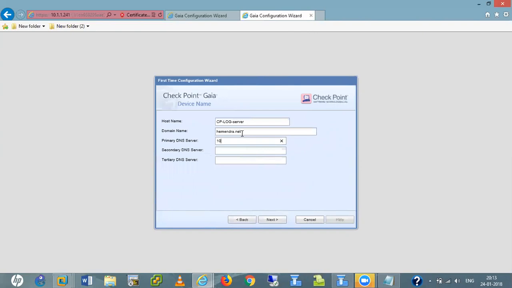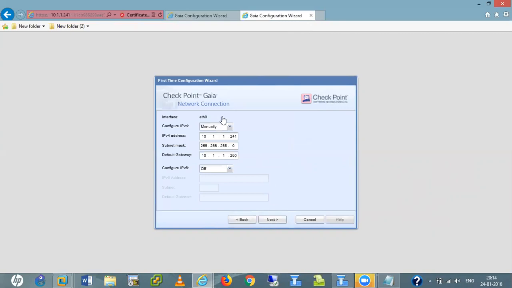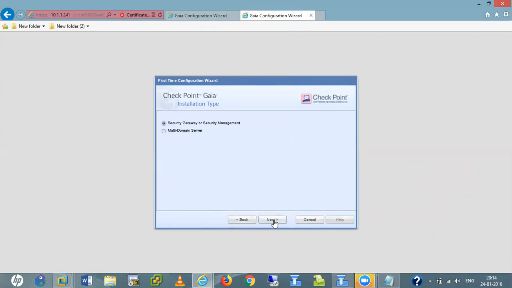Here I give the primary DNS, secondary DNS, or tertiary DNS. It is not necessary to set all the DNS entries, only one is required. This is the IP address. Next.